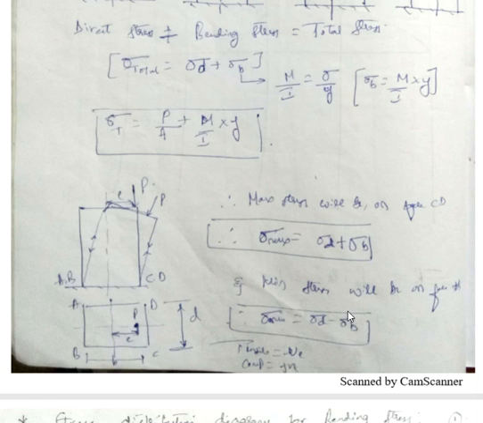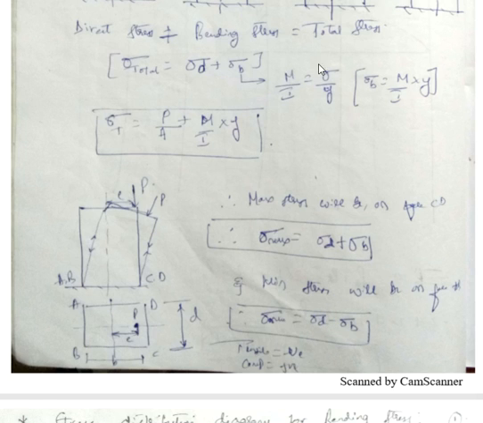force as negative. So maximum stress is when the direct stress is compressive and the bending stress is also compressive, and minimum stress is when the direct stress is, obviously, always compressive, and the bending stress is tensile. This is about